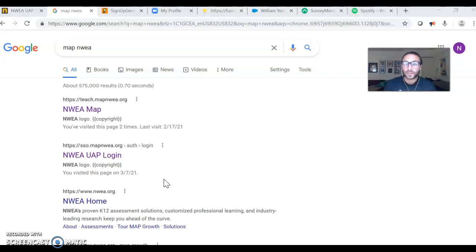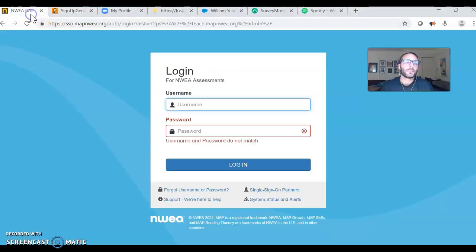The first thing you need to do is get onto the website, which you can do by going to teach.map.nwea.org, but sometimes there are weird things, like it wants to do a single sign-on. So generally you can just Google MAP NWEA and look for one of these login sites here. Once you do that, I do recommend you go ahead and bookmark it. So I've bookmarked this